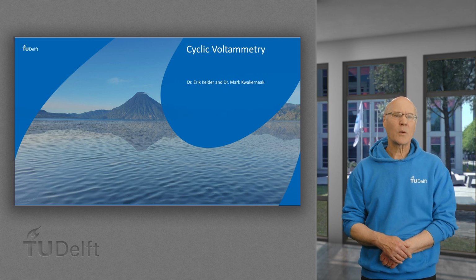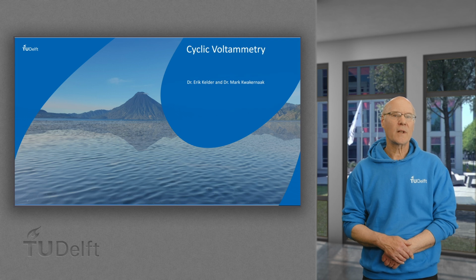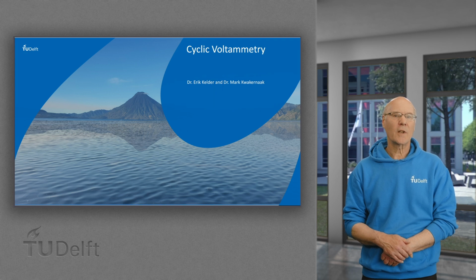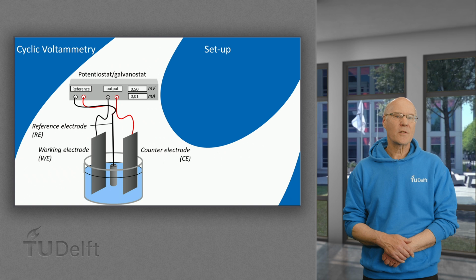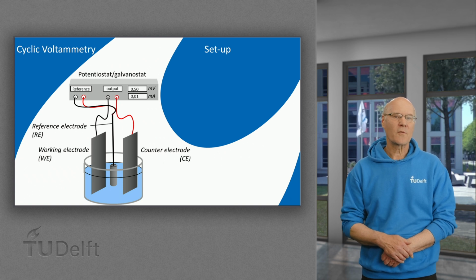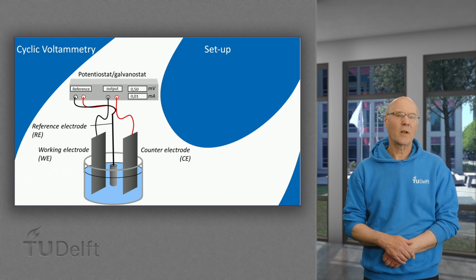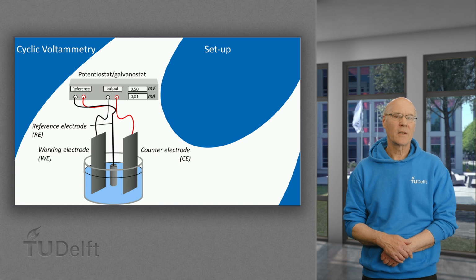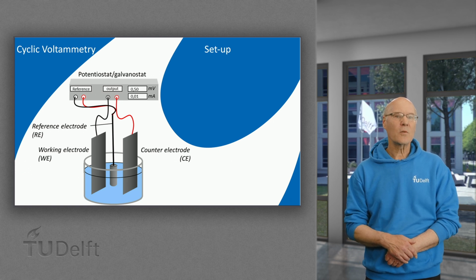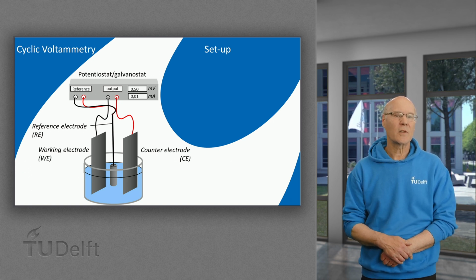To find out how it works, it is best to show that along the voltammogram that is recorded during the measurement. But first, what kind of equipment is being used? To bring electrons to the system, we need a sophisticated power source, a galvanostat or potentiostat. This power source slowly increases the voltage in a certain time while measuring the current.